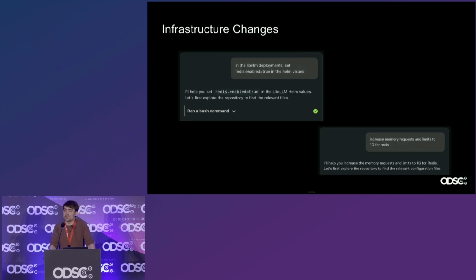I really like it for infrastructure changes. I mentioned earlier I don't like writing Helm and Terraform. Often it involves looking up some esoteric documentation to figure out what tiny variable name you need to change. And so being able to just tell the agent, increase the memory in Redis, and it goes off and hunts around our infrastructure repo for the right place to set Redis memory. Really nice. It allows me to relax a little bit more and not have to squint at my computer screen and dig through documentation.